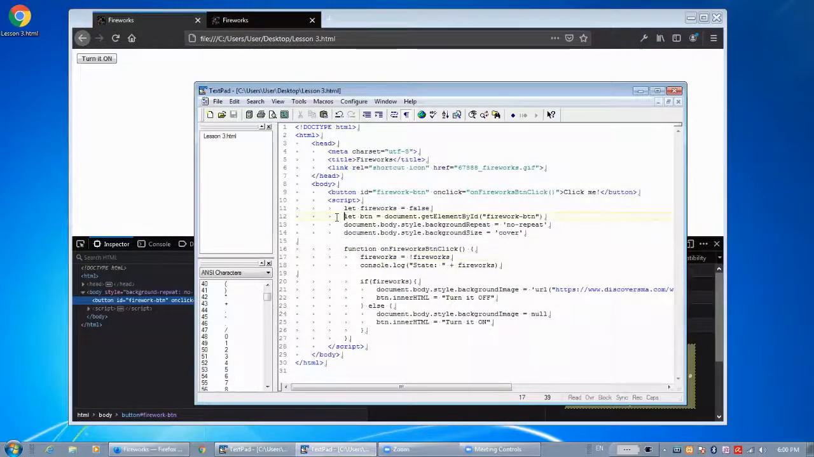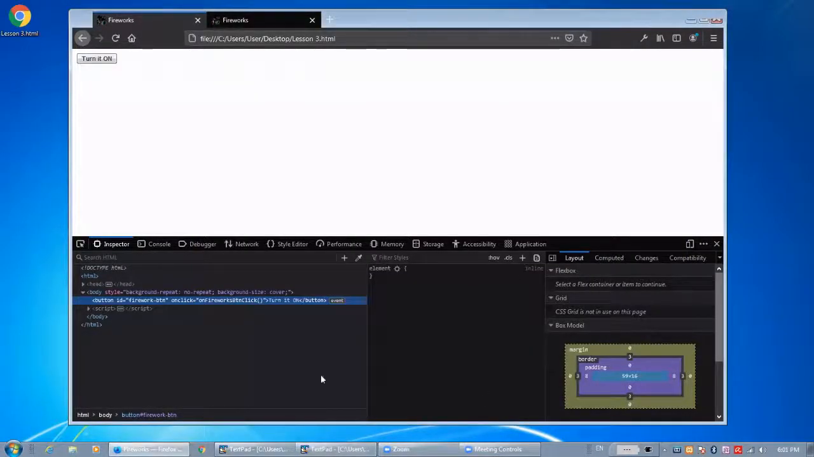In our code, we learned how to declare variables. We also learned about if statements and extended our onFireworks button click function. So today,